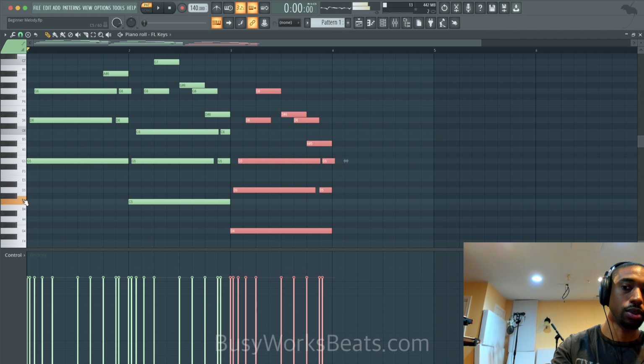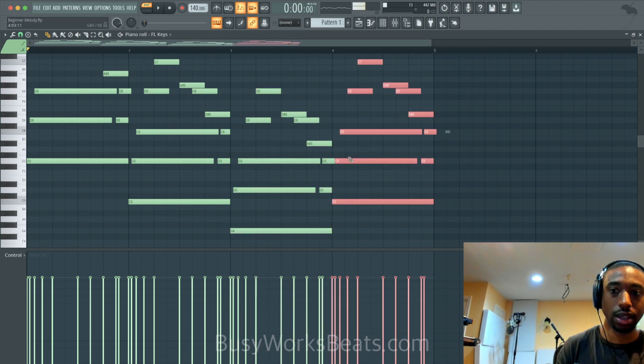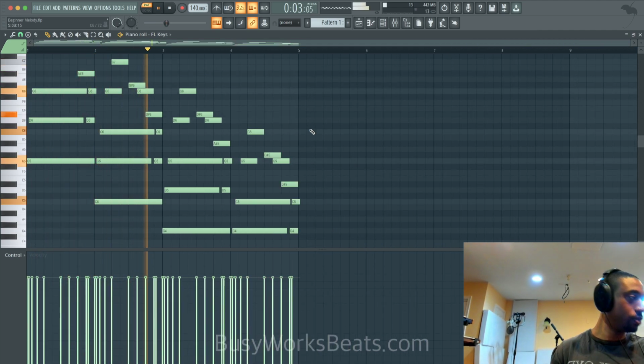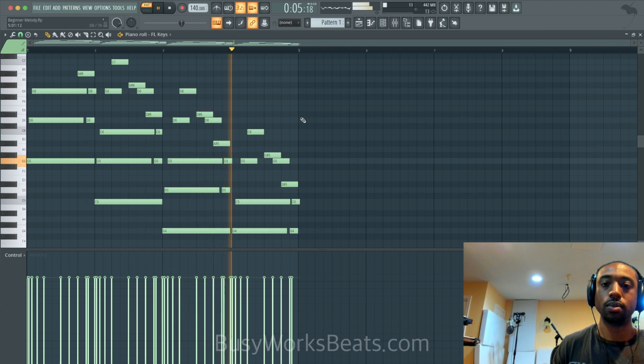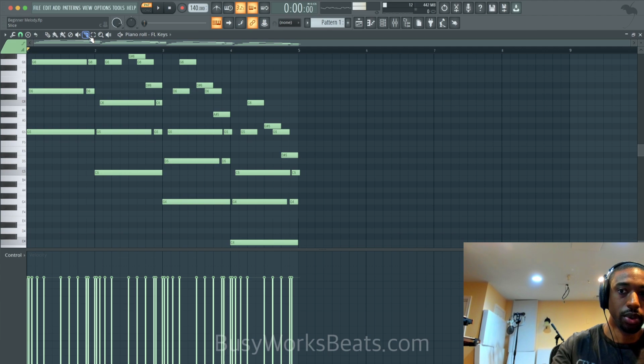We could do another octave, or we could do C. My ear just likes these octaves. So basically it's the same thing, just down an octave. Now you don't have to have the same rhythms all the way through. I just kept it all the same just so the video is not complicated.